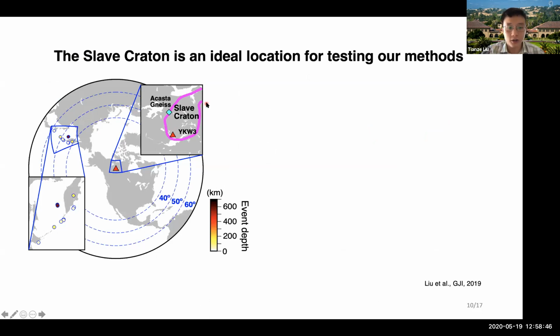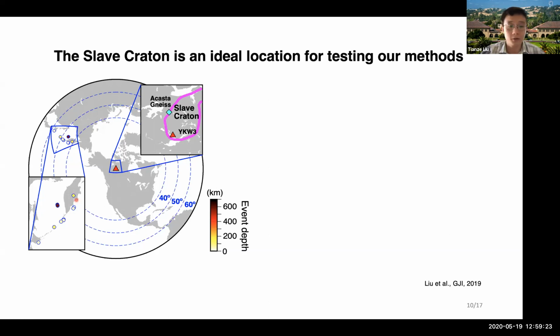And we choose the Yellowknife array sitting at the Slave Craton as our field example because it has several advantages. First, it is a permanent array that has very long recording time, which gives us a lot of data to choose from. And secondly, it's in the correct range from the high seismicity from the Western Pacific subduction zones, specifically the Kurile Islands and the Kamchatka, where we have very rich,